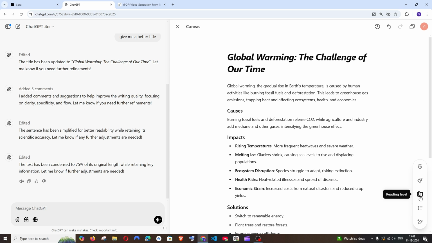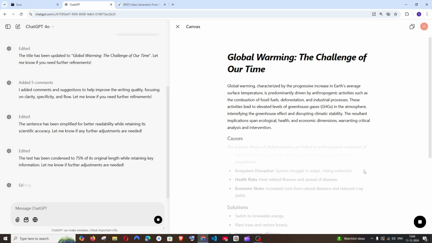And the next one is going to be reading level. So this is based upon the complexity of the words that are used in the essay. So it has graduate school, college, high school, keep current, middle school and kindergarten. So if I go with graduate school and ask it to generate, you could literally see